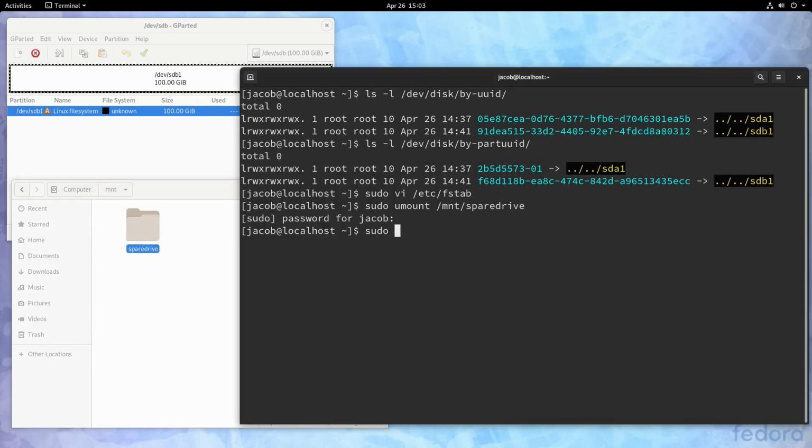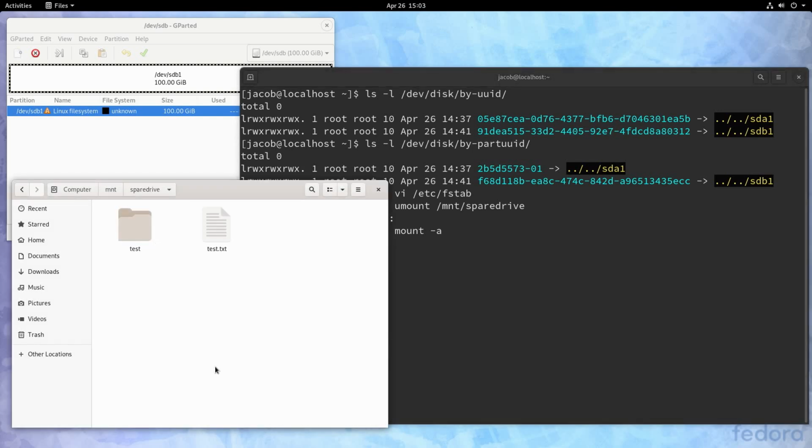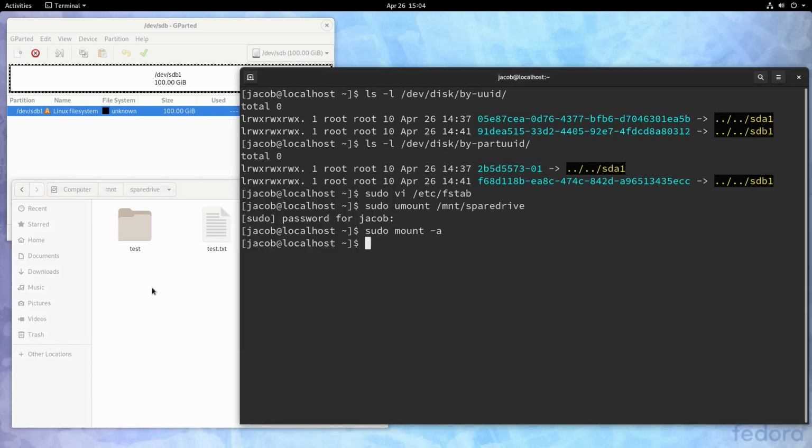We can run sudo mount -a. A stands for all, although you can also think of it as automatic. It's going to go through our fstab file, read every line, and mount everything in there that's not already mounted. So we'll run that. And after running it, we can click back into our spare drive, and hey, you can see our files are back because the partition was mounted successfully. So since mount -a mounted the partition, I know that the fstab is also going to mount the partition on boot. So this is all working great.